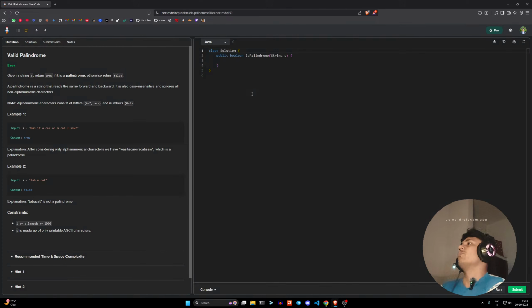ओके, पैलिंड्रोम पे आके हैं, पैलिंड्रोम क्यों ना स्ट्रिंग।